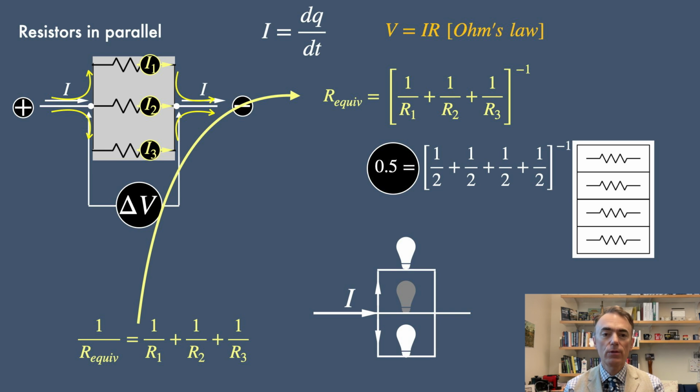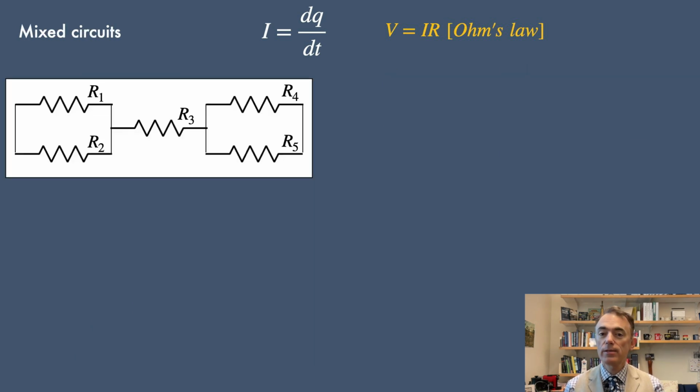A disadvantage of these circuits, well, is that they require more complex wiring compared to series circuits. The voltage remains constant, which may not be ideal for certain applications, although it might be for some others, of course. We can also have mixed circuits with some resistors in series and some resistors in parallel. To find the equivalent resistance, we should group the resistors step by step. For example,